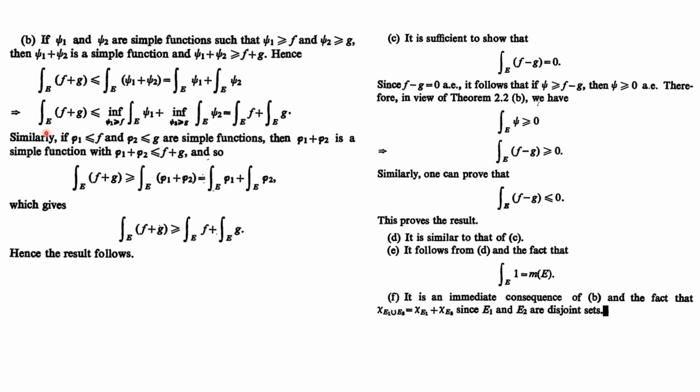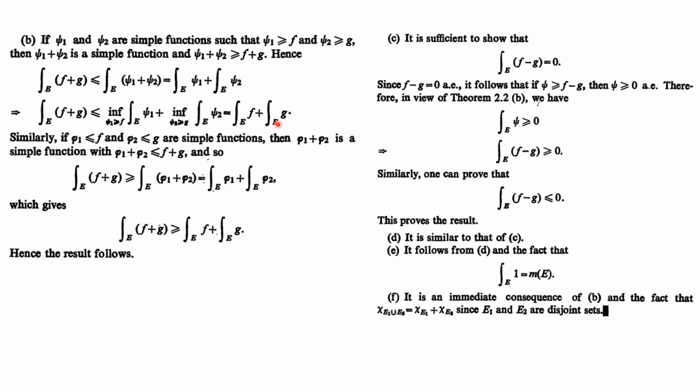So this also holds for infimums, right? So we get the integral of f plus g over E is less than or equal to the integral of f plus the integral of g, right? Because this is nothing but the integral of f over E, and this is nothing but the integral of g over E. This is the upper Lebesgue integral of f, this is the upper Lebesgue integral of g, right? And the functions are integrable, so that is the same as the integral of f and the integral of g.